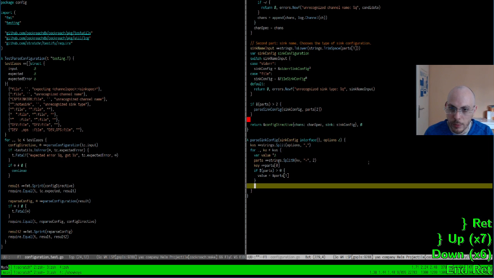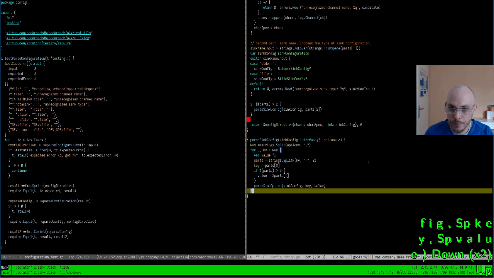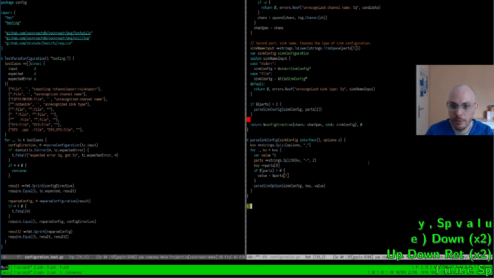And now we have parse sync option, sync config key value. Okay.